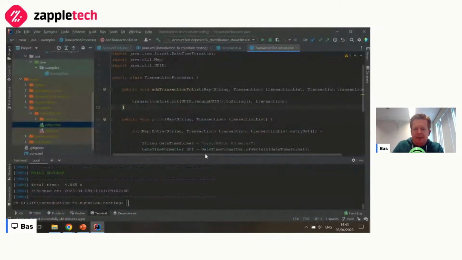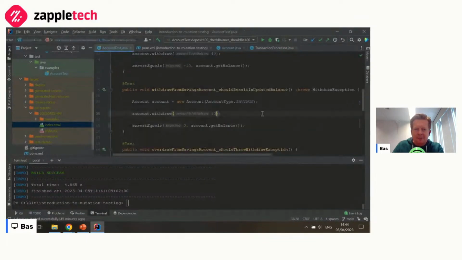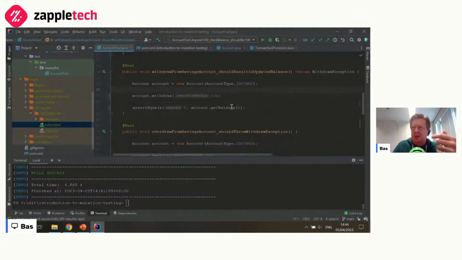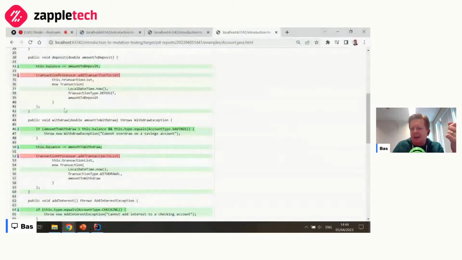I'm not going to add that to the test suite. I just want to use that as another example of the type of change that mutation testing tools make. Probably your application code will do lots of these things. Call a method that doesn't return a value, but that performs some kind of transaction.